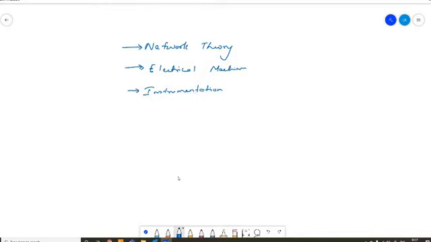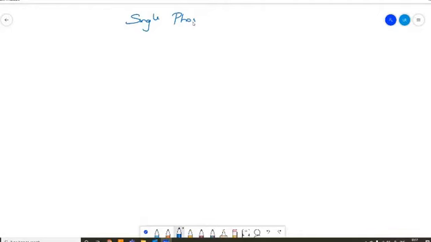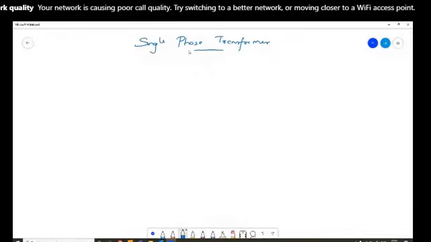So in today's class, we will discuss about single phase transformer. So it transforms something. So what does it transform? It does not transform the frequency, nor does it transform the power, but it transforms current and voltage. Okay, so let's just say you are getting a 220 volt supply in your power point, and